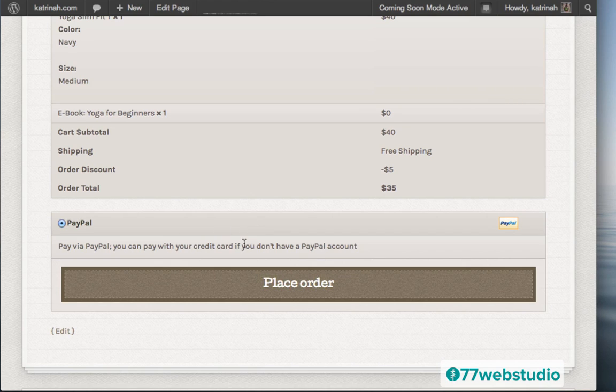Now, the good thing with PayPal is that a potential customer could use their PayPal account to sign in and pay for the product on your website, or they can simply log in as a guest at PayPal and they can use a credit card or a debit card to pay for the product. So a potential customer does not need to have a PayPal account to pay via PayPal. So when they click on this link here, Place Order, then they'll go to the PayPal page where once again they can log into their PayPal account and pay via PayPal, or they can sign up as a guest, and as it notes here, they can pay with their credit card or debit card if they don't have a PayPal account or do not want to use PayPal.